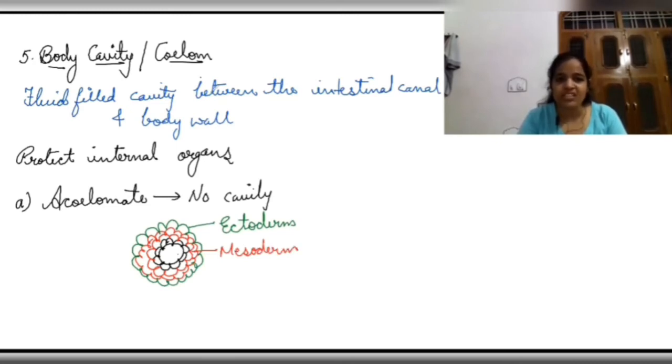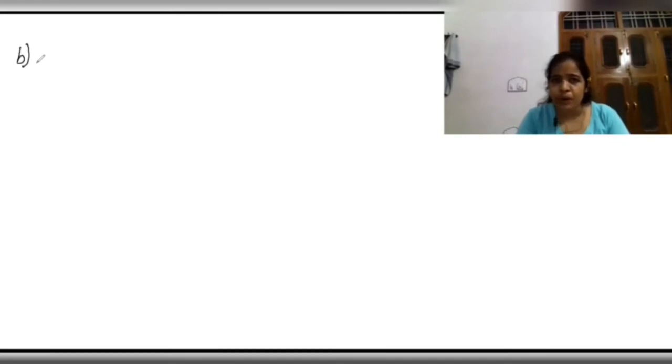If you remember these layers now, you won't have to learn anything, right? Then inner one is endoderm. Just keep this diagram in the mind, that's all you need to do. And this is gut, means the intestinal canal or alimentary canal, digestive tract, anything you can call it. So there is no cavity present in this particular type of organisms. Clear? So these are the acoelomate types. Next we have is B, pseudocoelomates. Pseudo means what? Actually they are not, but they look like it, right? So next is pseudocoelomates.